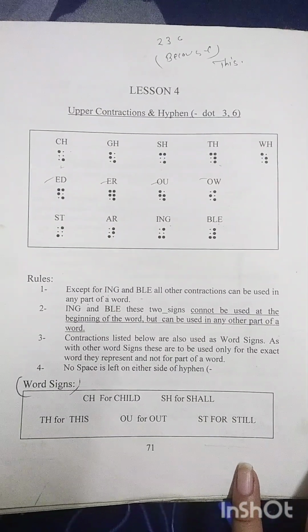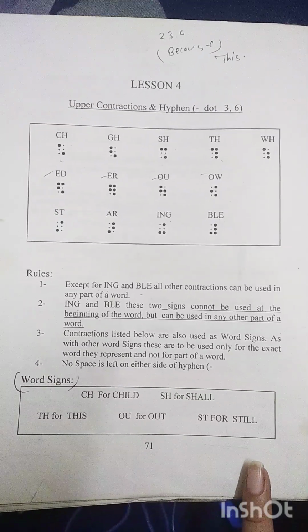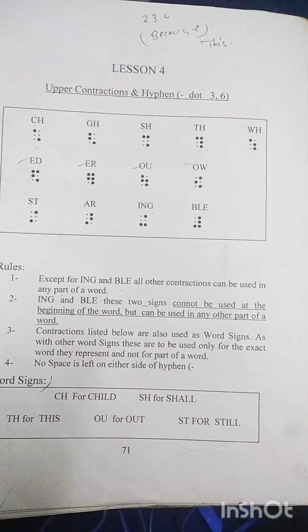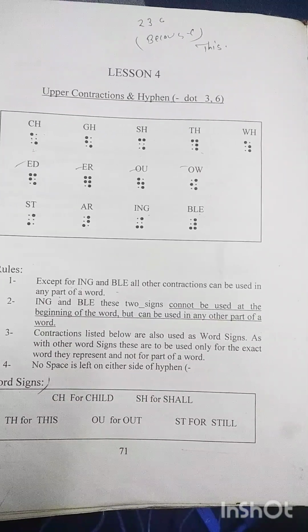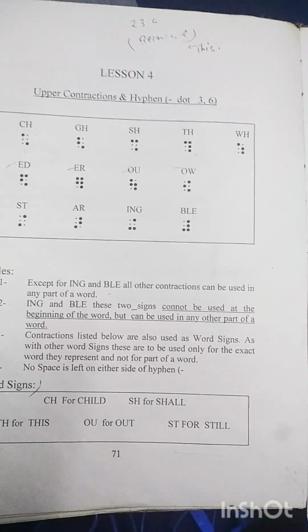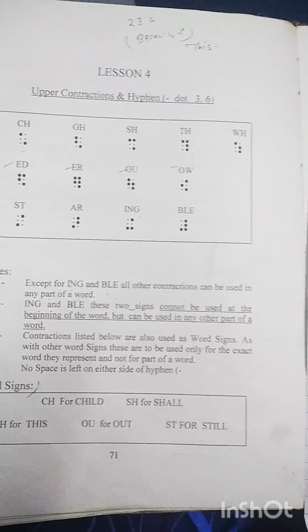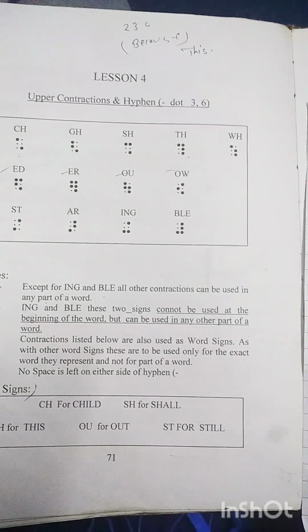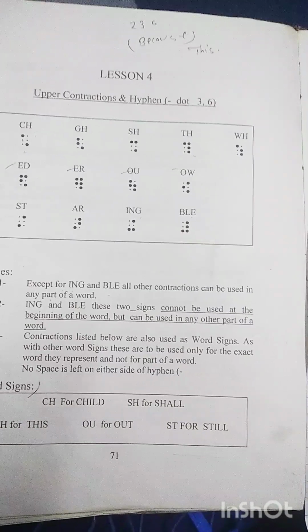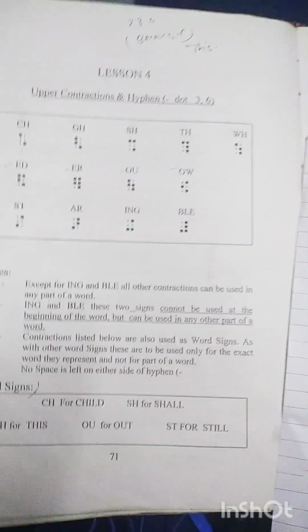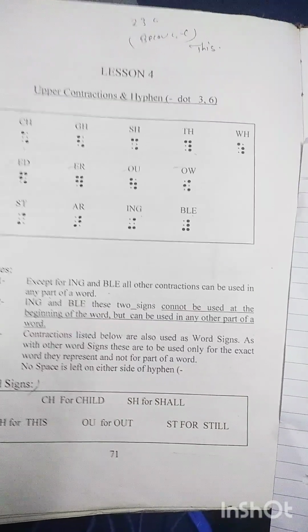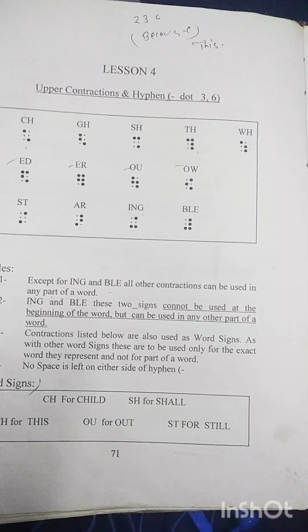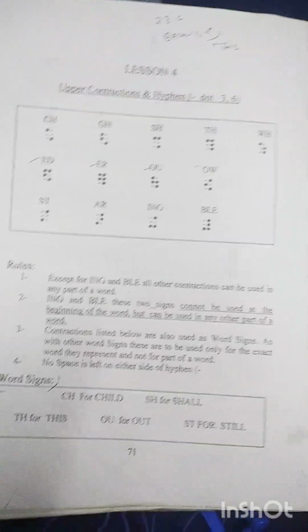And why do we use contractions? Firstly, if you write something in braille and you want to write in a short form rather than taking more time, you have to start from contractions. When you write in a short form, contractions help to save your time. So that is the first objective of contractions: to save your time, and they work like a filler.